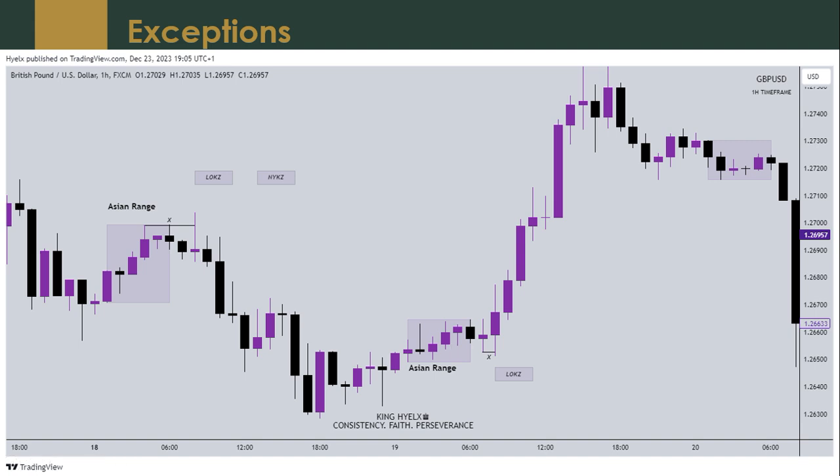So you just want to know when liquidity has been taken, which I will show you in the next video. I've already showed you in the previous video, but I want to show you when to know that there's going to be a move that can unfold, a good high probabilistic move after liquidity has been taken, so that you will not just be waiting for it to take out liquidity below Asian range when it has already taken out the liquidity it needs and then goes in the true direction.